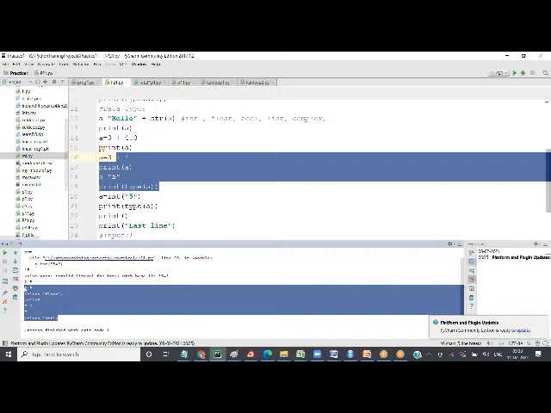If you had done the same mistake in Java or C++, it wouldn't have run. C++ will give you all the warnings and errors first. Warnings you can ignore and execute, but errors you can't ignore. You have to first fix the error and then run it. So the compiler will take all, like in our case, we have 24 lines of code. It will take all the 24 lines of code and convert them.